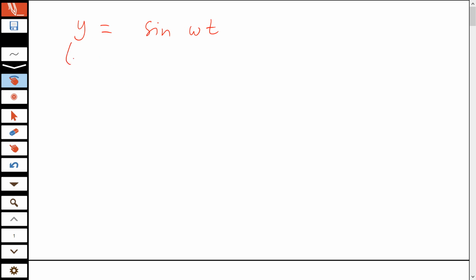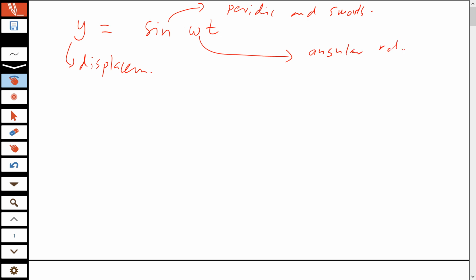So this can be your displacement, and this sine, because it's periodic and smooth, okay, and this omega is the angular velocity. So you differentiate this